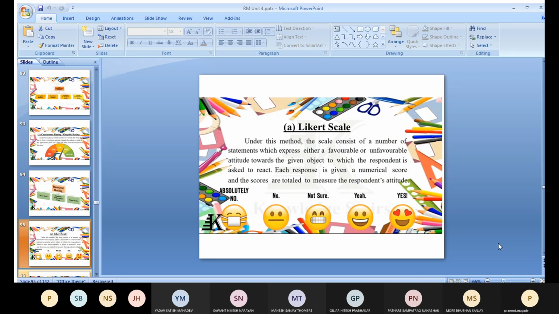Likert scale is defined as the number of statements which express either a favorable or unfavorable attitude towards a given question,